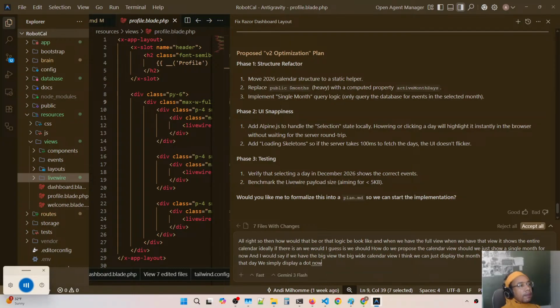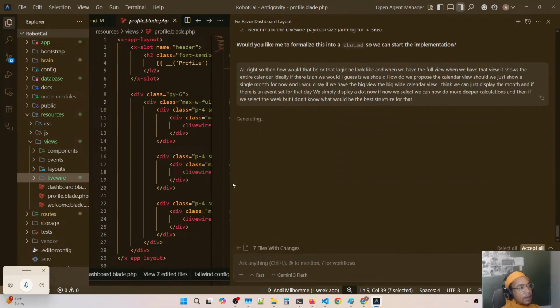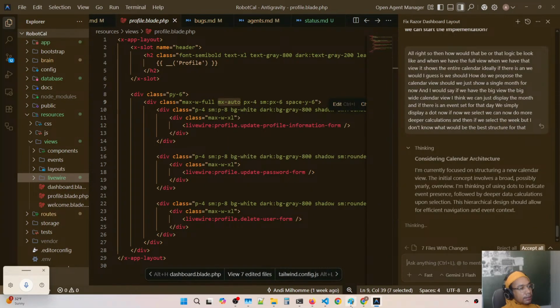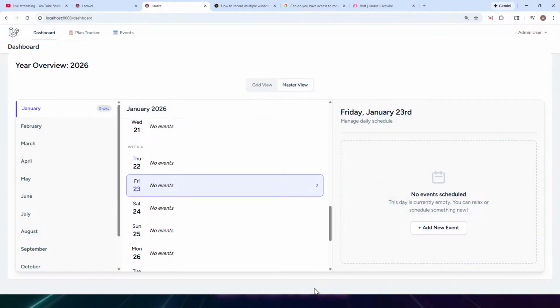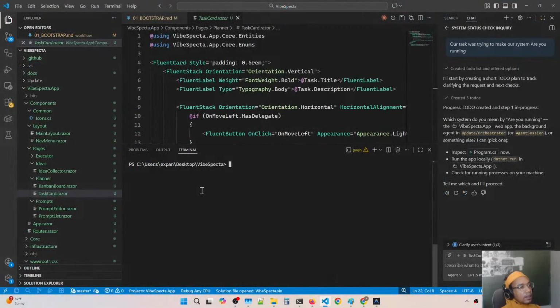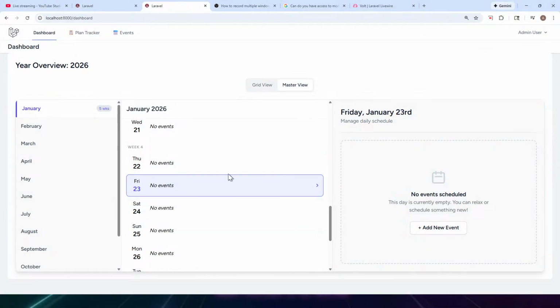Now, if we select a month, we can do deeper calculations. And then if we select the week, but I don't know what would be the best structure for that. I think with this whole Laravel thing, let's go to 12,000. Let's see if it had. I think what we're trying to do is